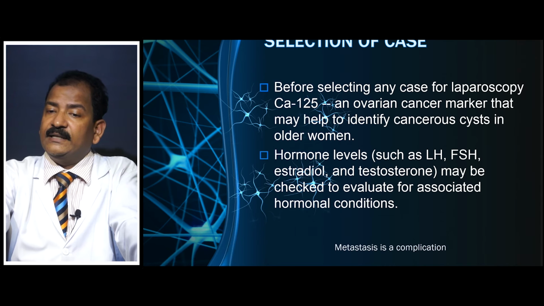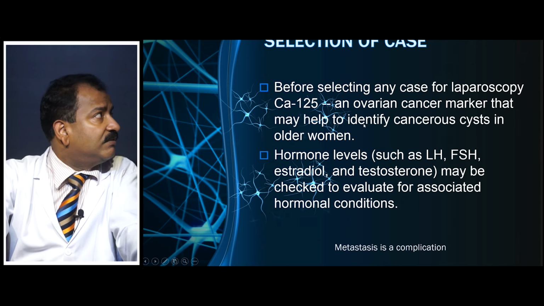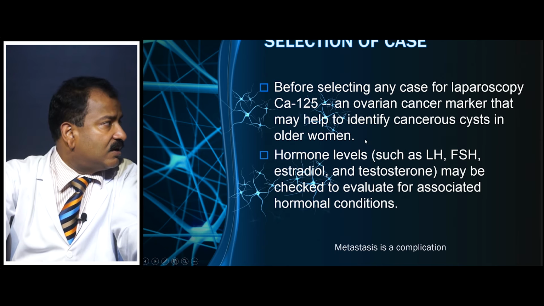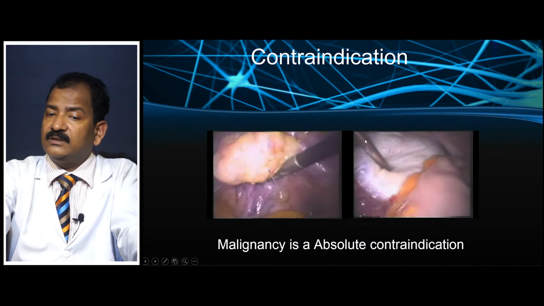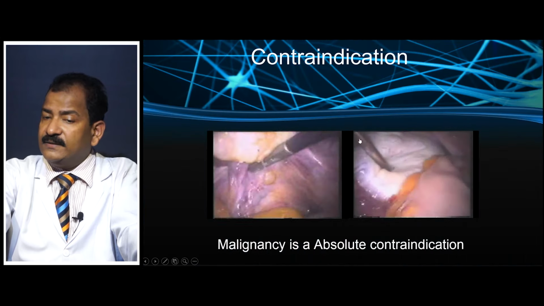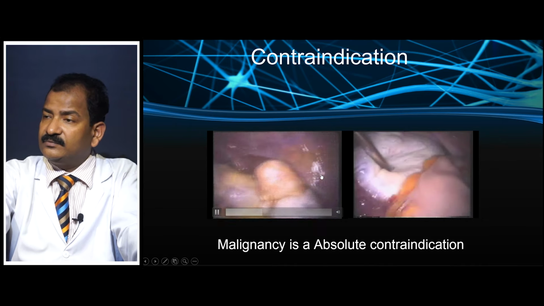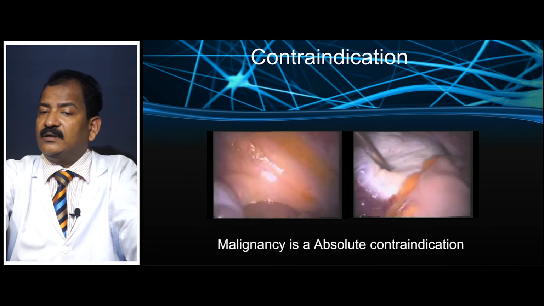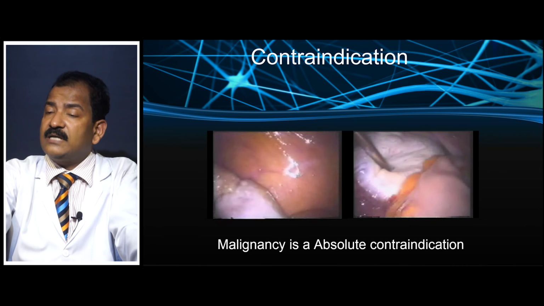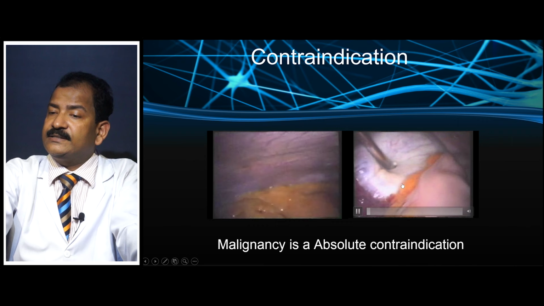Before doing any case, you must do the CA 125, LH, FSH, estradiol, so that malignancy has to be ruled out. Contraindication: if you have suspicion of malignancy, it is a relative contraindication. If it is malignancy, you do not have to do ovarian cystectomy, that is an absolute contraindication,